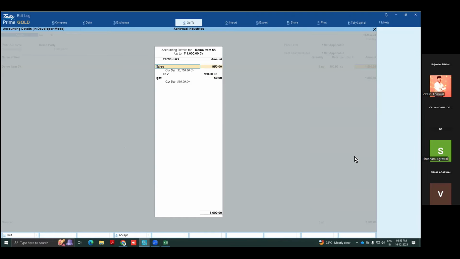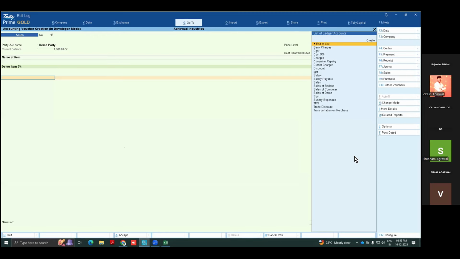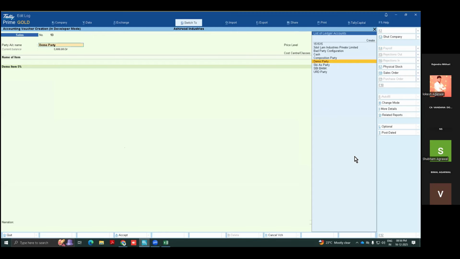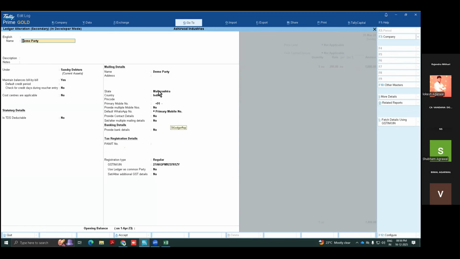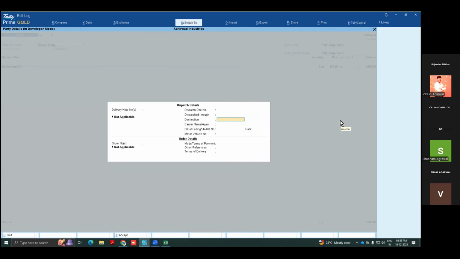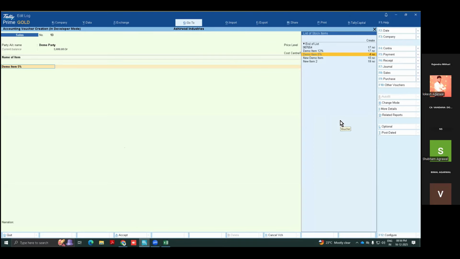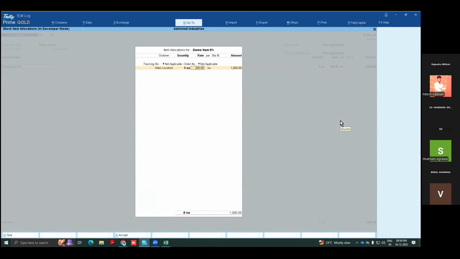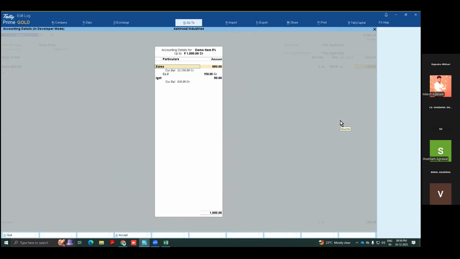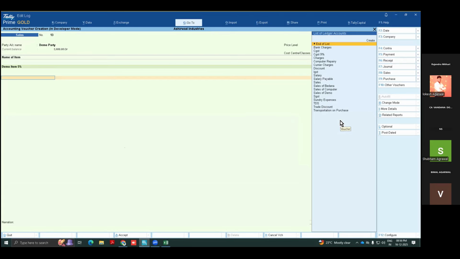People are doing these settings also, and I am just showing you how they are doing that setting. Suppose IGST is there, and if the party is in Maharashtra, I will do the proper CGST of that invoice. Let's see 1,000.